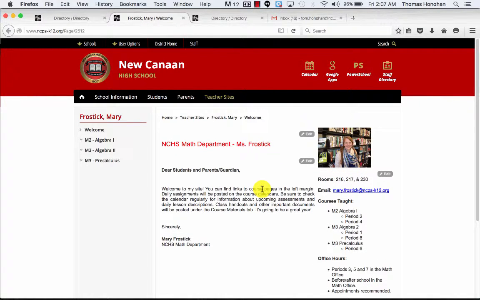So the concept behind the SchoolWire pages is you have a welcome page, and then you're going to have each of your respective courses outlined with some components. On the welcome page, just so you know, these edit buttons will go away. I'm actually logged into SchoolWire, so that's not going to be seen by parents or students as they click around on your site. But we've got a header app here.